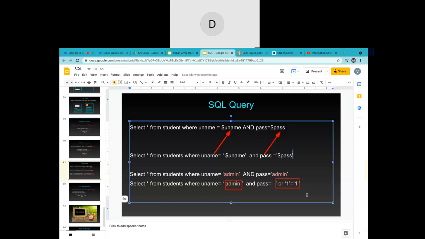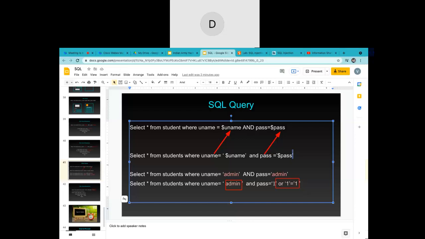In SQL, we have this requirement to put strings into single quotes. So this is the reason the developers already add the single quotes into the backend query, so that the user doesn't have to enter these quotes. So I'm assuming the first single quote and the last single quote are already there.